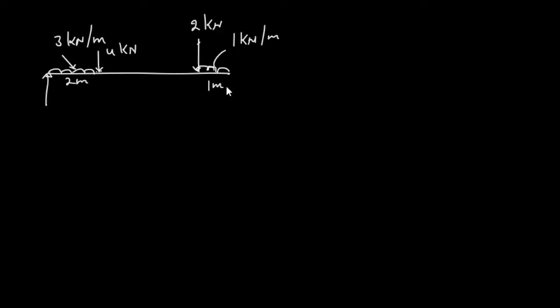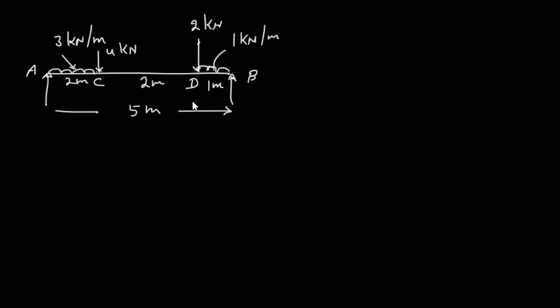So 1 meter from here, 2 meter from here, 2 plus 1 is 3, so the remaining is 2 meter only. Okay, so the remaining distance is 2 meter. The total length between these two supports is 5 meter. Okay, right. Now again, first I will mark these points as A, B, C and D, critical points,